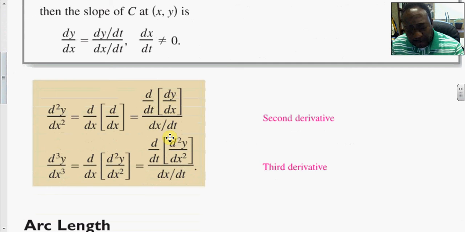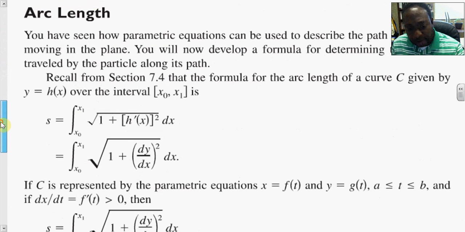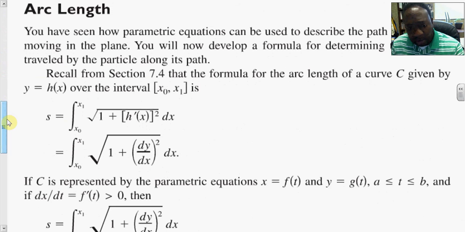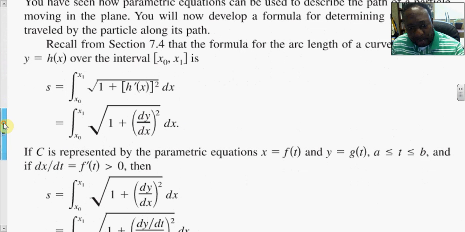If it's the third derivative, then you take the derivative of the previous one, the second derivative, with respect to t, every time, always divided by dx over dt. The arc length is straightforward as well. The arc length from a while ago, from chapter 7, where we have the arc length of a function f, or here the function h, becomes the integral based on the interval of the square root of 1 plus the